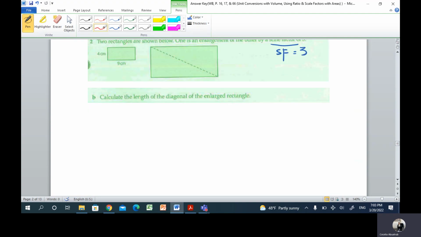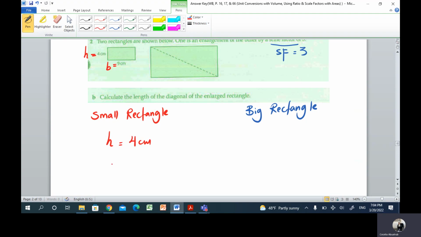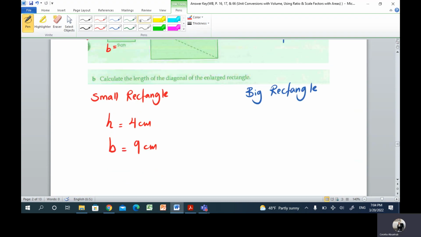And here we have the small rectangle and the big rectangle. And as we named earlier, we're going to call this the small base or b small, and this is h small. So here h small is equal to 4 centimeter and b small is equal to 9 centimeter. Okay, and we have the scale factor which is equal to 3,